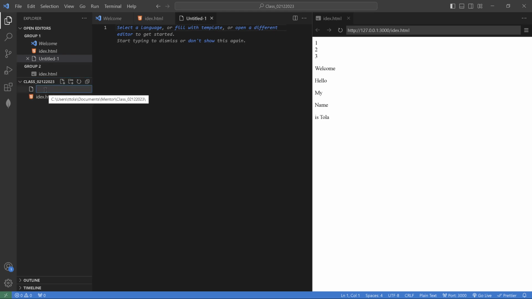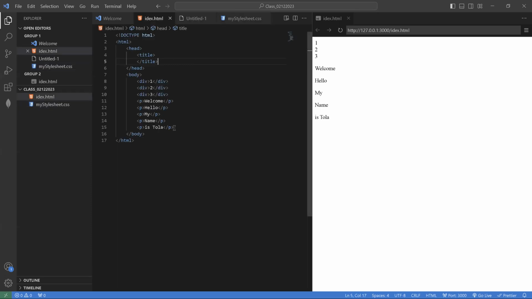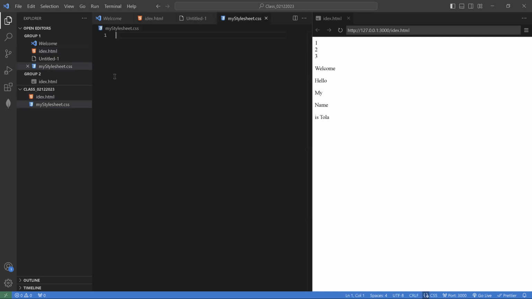I will call it my style sheet.css. Super important. So this is my style sheet. So let's say I want to target all the paragraphs, everything here. So I will come here and say P,